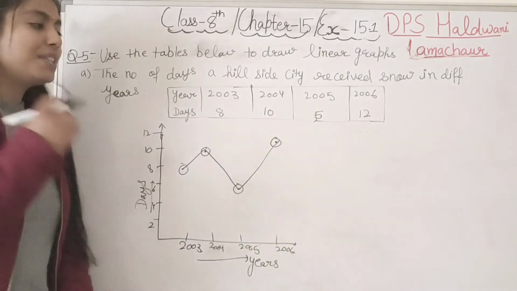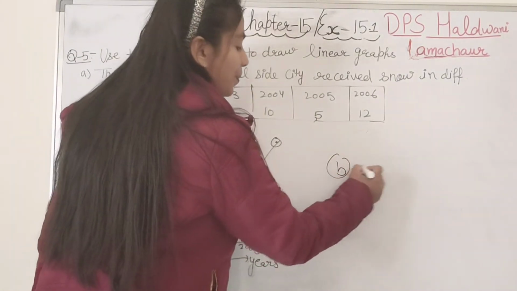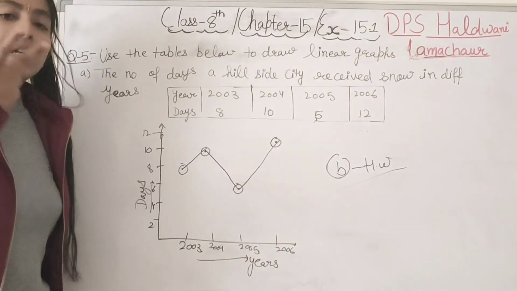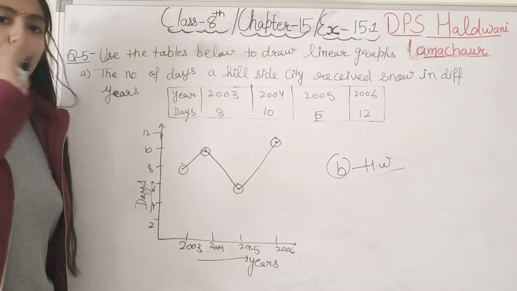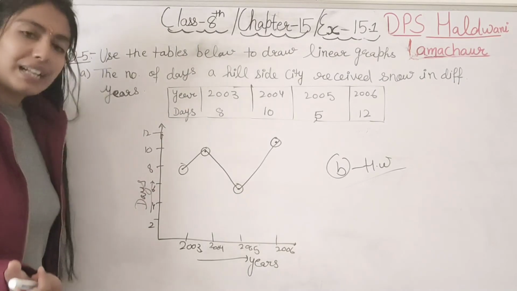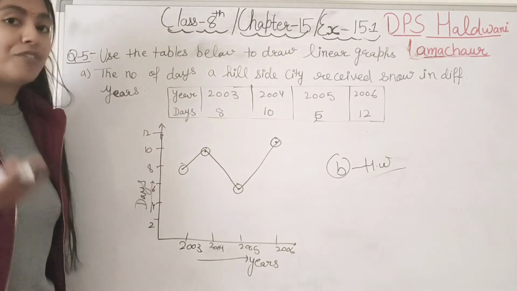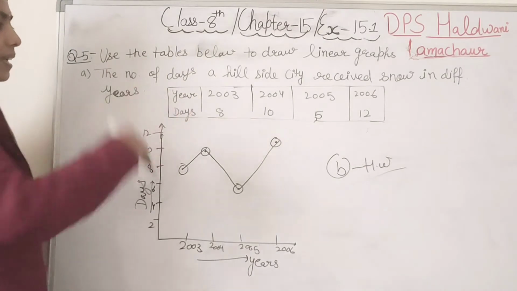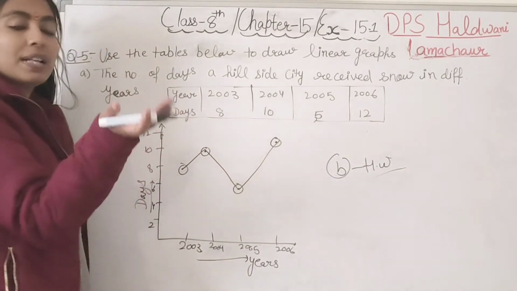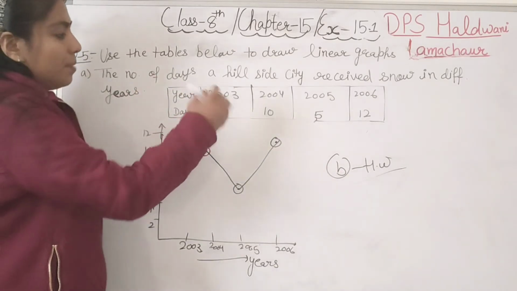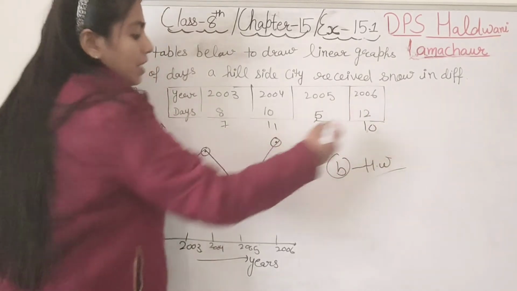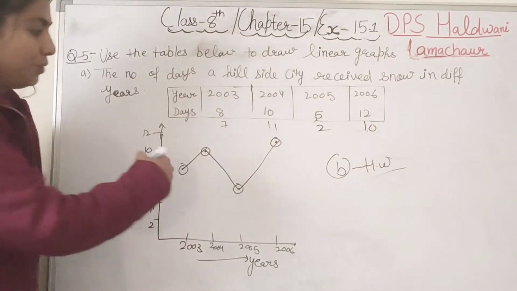Now student, part B is also there. That is homework for you, but I am explaining how to do it. In that question we have 2 comparisons, population of men and population of women. In the same way as we did with the plants, we have to draw the linear graph for the population too. So here, if I take the snow side, I am taking 2 areas, one is hillside and one is neighborhood side. In the same years the ratings are 7, 11, 2 or you can say 10. In the same way I will make it, but in dotted form.